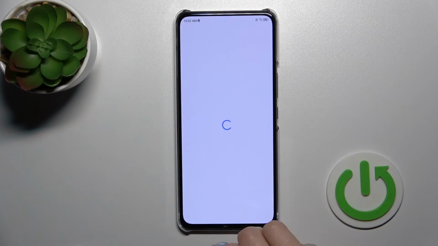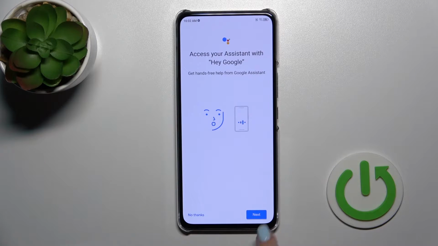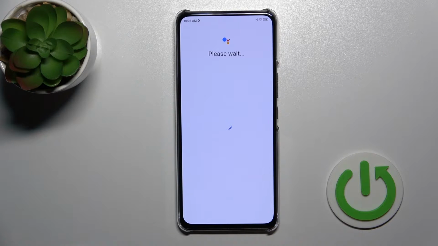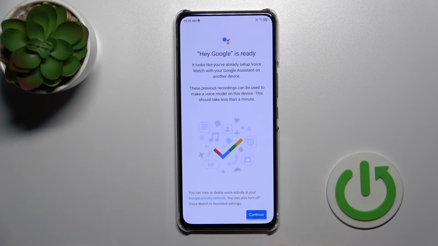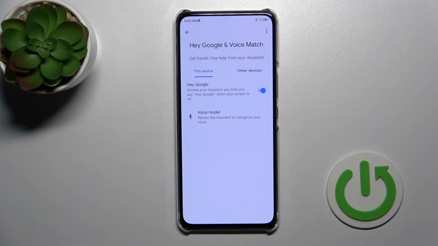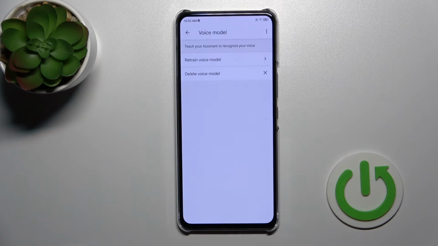Just to activate the Hey Google option we should click here on the switcher, then tap next, read this description, click yes I agree, tap continue. And now we can see that the Hey Google feature is successfully activated, but also we should add our voice model, so